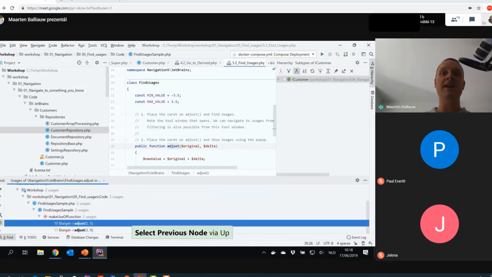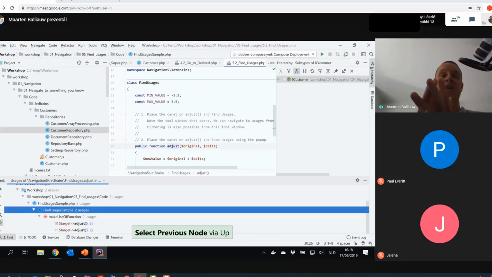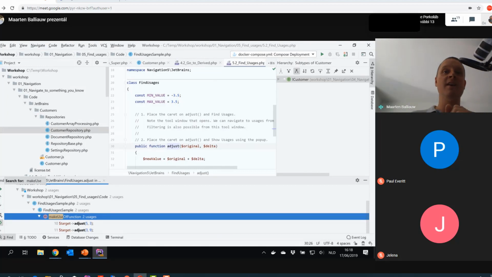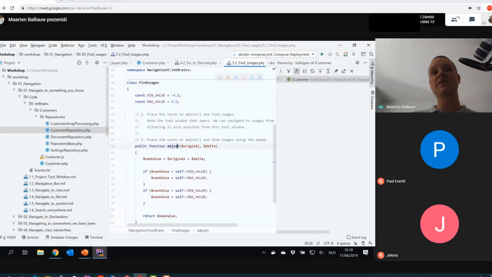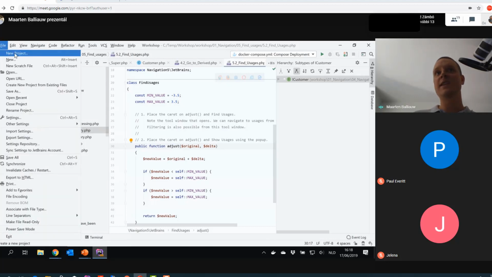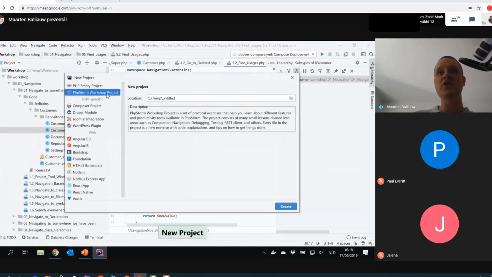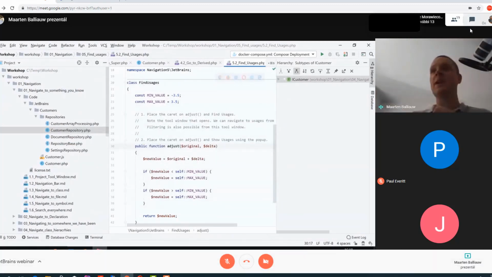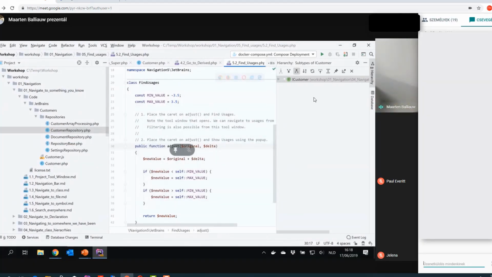We can go to all the usages of that adjust function. Again, I mentioned that a lot of things are searchable in the IDE. So if we search for make use of and just start typing, you will see that we immediately jump to that item as well. So start typing anywhere you are, and you can find something that you may want to navigate to in the source code. There are lots of other navigations around. I would suggest if you're new to PhpStorm, create a PhpStorm workshop project if you want to try all the navigations that are in there. That will basically be the project that I'm using here and allows you to quickly learn a number of the features that are in PhpStorm.